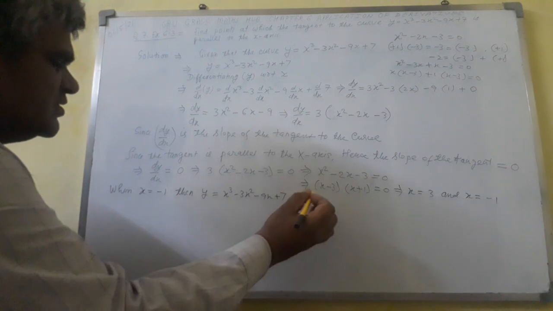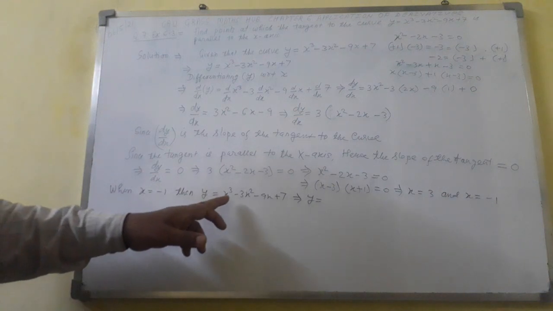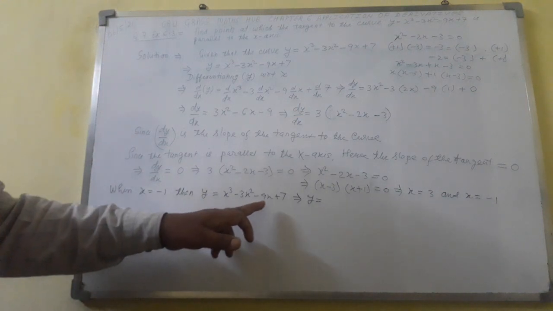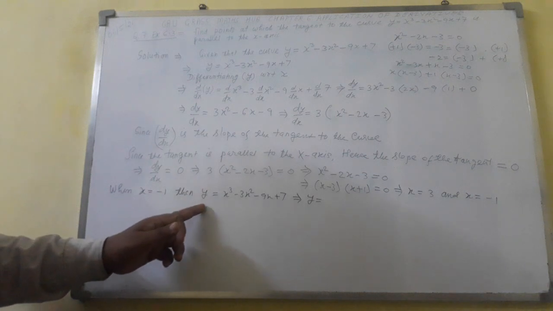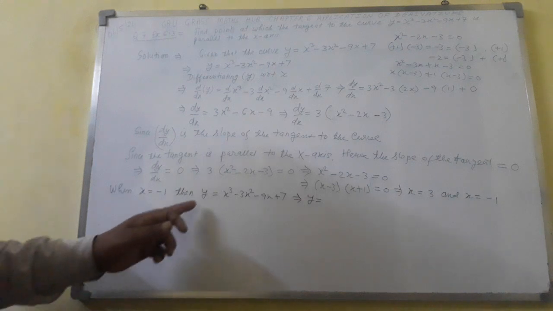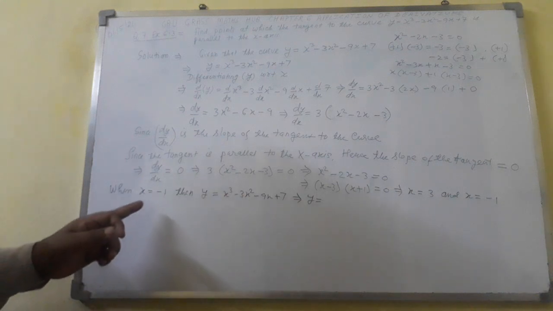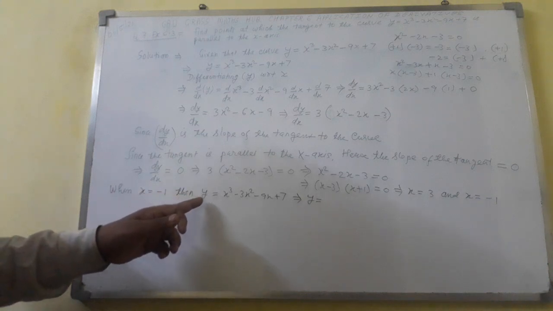Here I shall write y equal to x cube minus 3x square minus 9x plus 7. I have taken the original curve. In this original curve, I shall put x equal to minus 1, so I have to get the value of